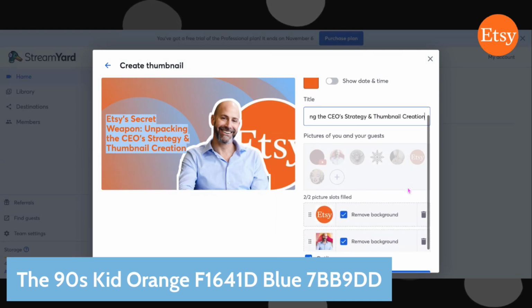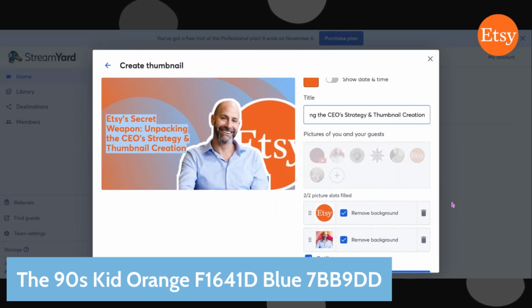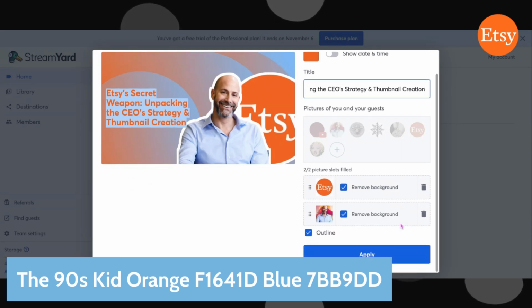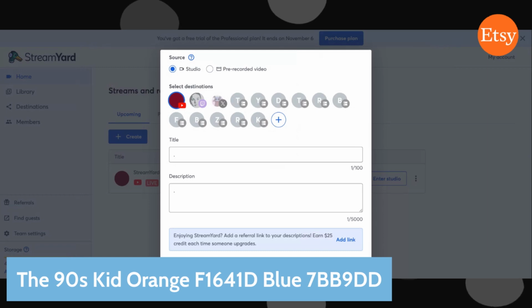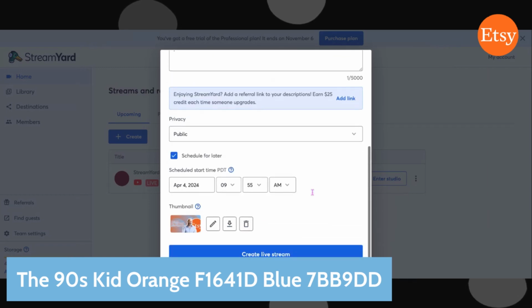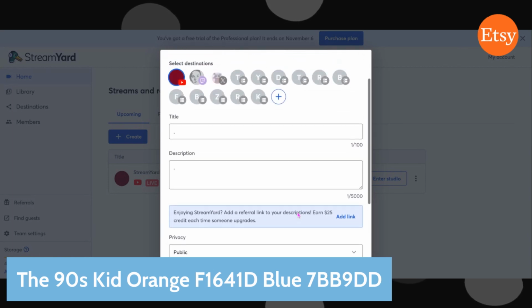Okay, now I want to go ahead and take a screenshot of this actually because I don't want to lose what we've built, because the download offering did not pull up yesterday. We have outlines on everybody and we are going to finally apply. And right away, we're scrolling down to the bottom and we are going to download our thumbnail. We're going to revisit